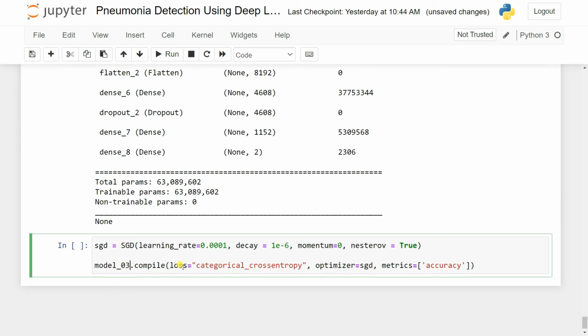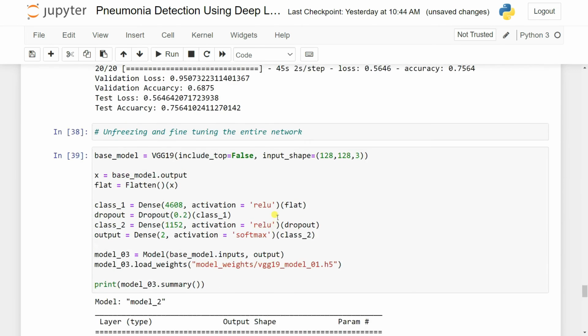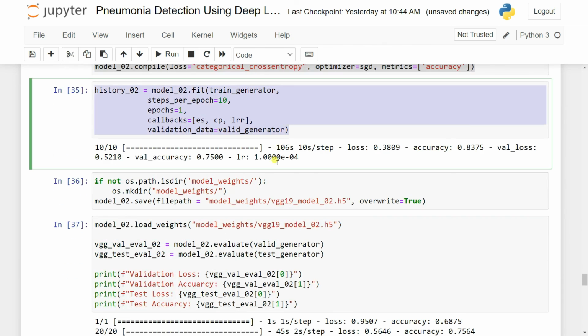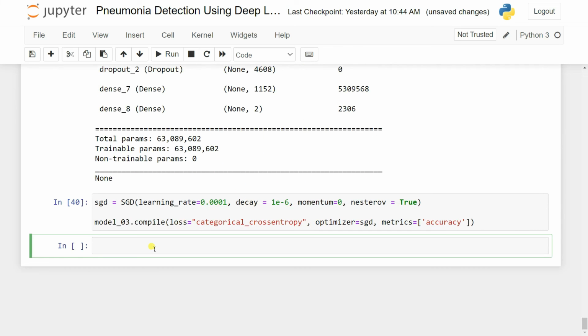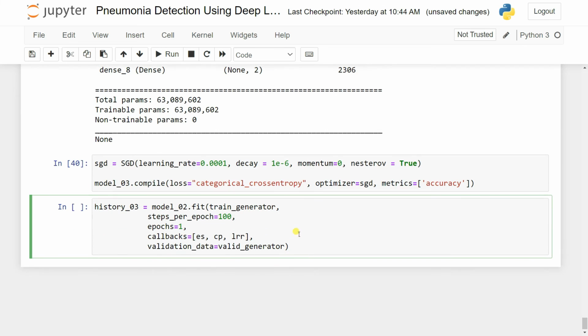Okay, so after that what I can do, we can compile the model, and after that we can simply feed the model the same way that we did earlier. So we can simply copy this one, and after that I'm going to pass it here, and I have to do some changes on that. Let's say steps equal to 100. Let's make it history 3, and let's use here epochs 1 and pass here all the things. So it will take more time for the epochs. I have already run this because I'm not going to waste the time. I just need to change the code here, just the epochs number, and you can get here